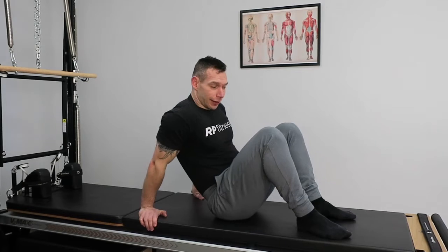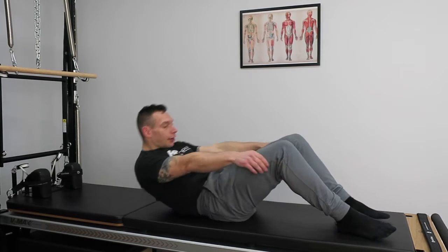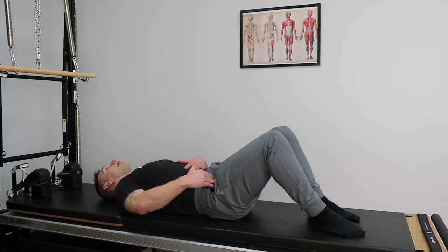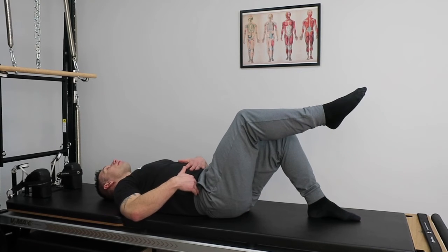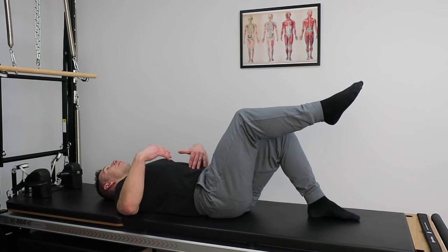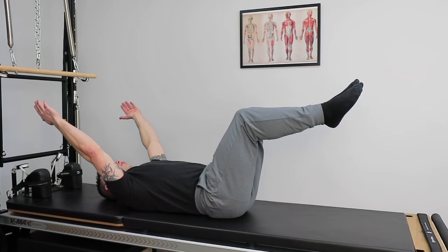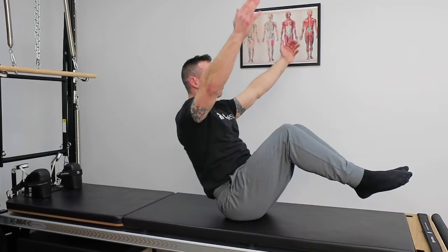So we're going to do this one with bent legs, and we're going to be rolling back. A little tilt to the pelvis, so the stomach's flat, and you've got a straight back. Lift up the first leg, exhale, keep the abs down, and lift the other one up. Arms are going to reach, and from here you're going to nod the head, and bring yourself all the way